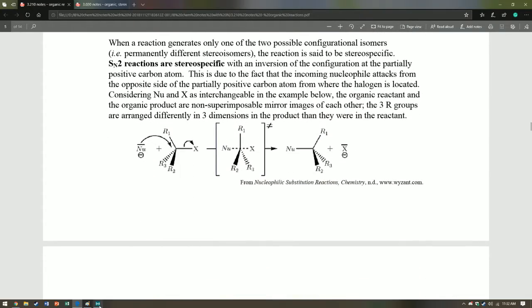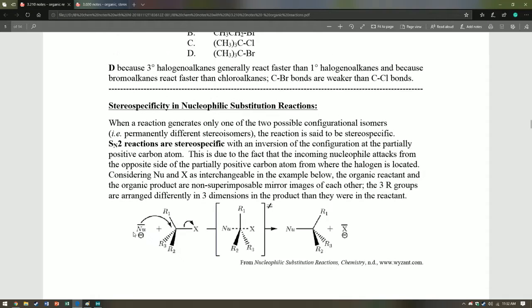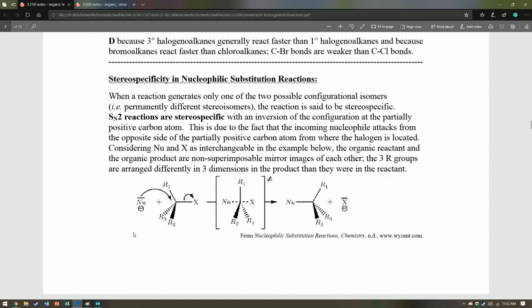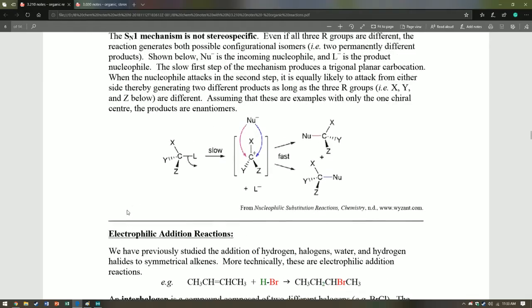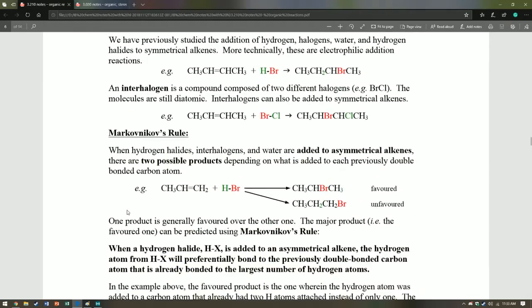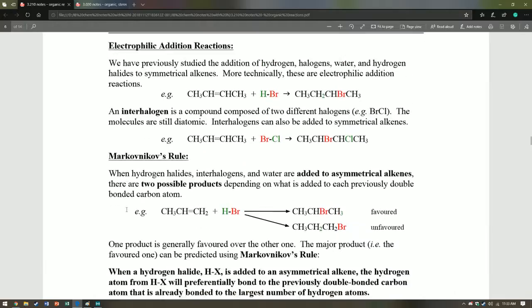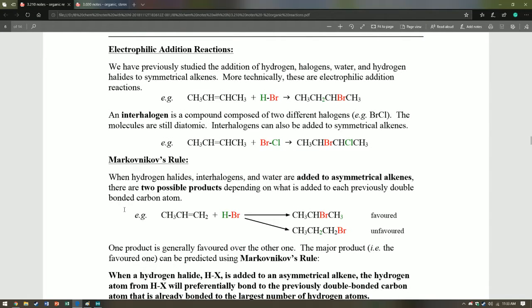The last thing that is expected of you to know for nucleophilic substitution reactions is that SN2 reactions are stereospecific, with an inversion of configuration. Basically you go from a left-handed molecule to a right-handed product, and this is formally known as the Walden inversion. The SN1 reaction mechanism is not stereospecific. So there's that. The next major type of reaction that you're expected to know is the electrophilic addition reaction, which